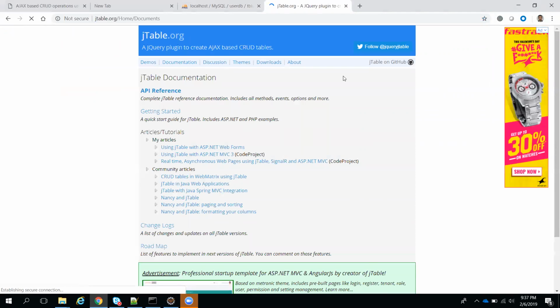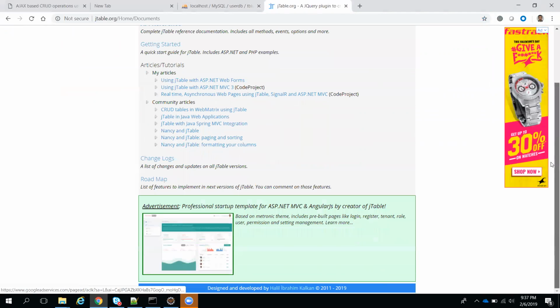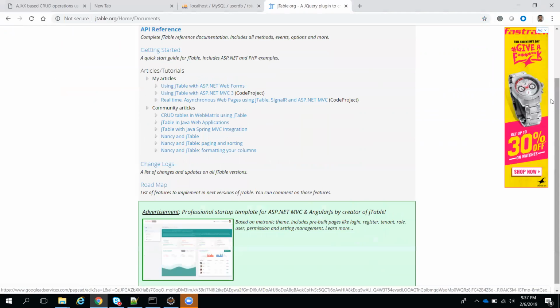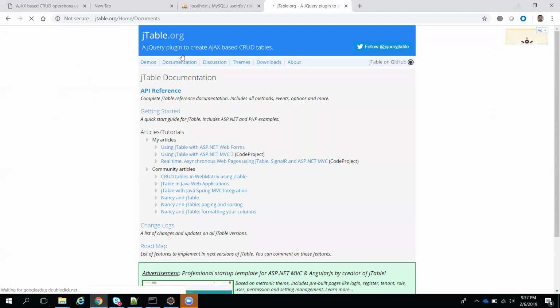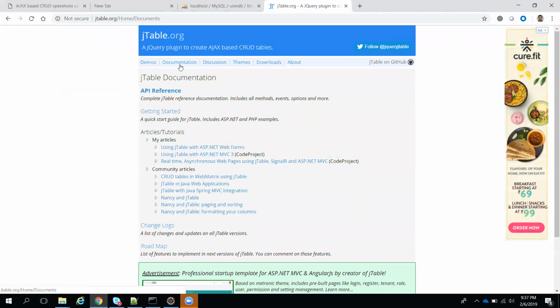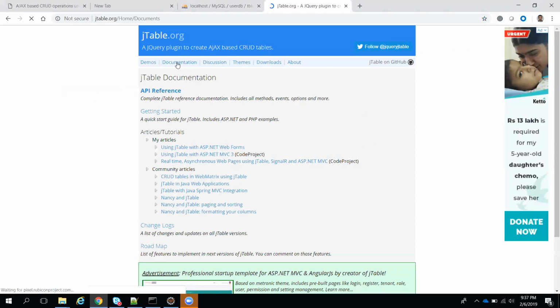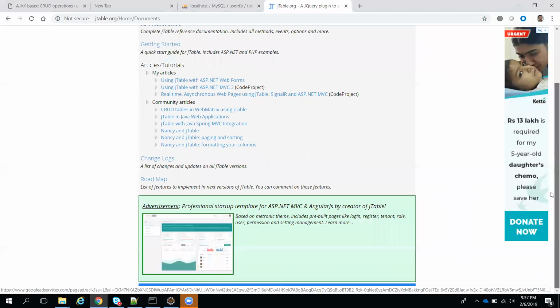Here I'm clicking on documentation or getting started, anything we can click. There is an example of jTable with Java, some example we got.